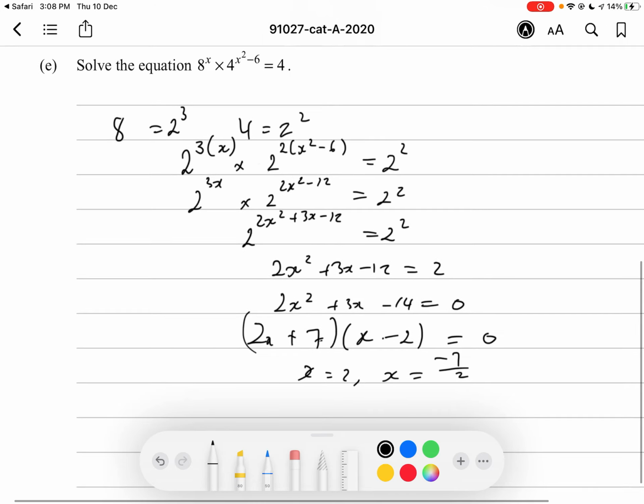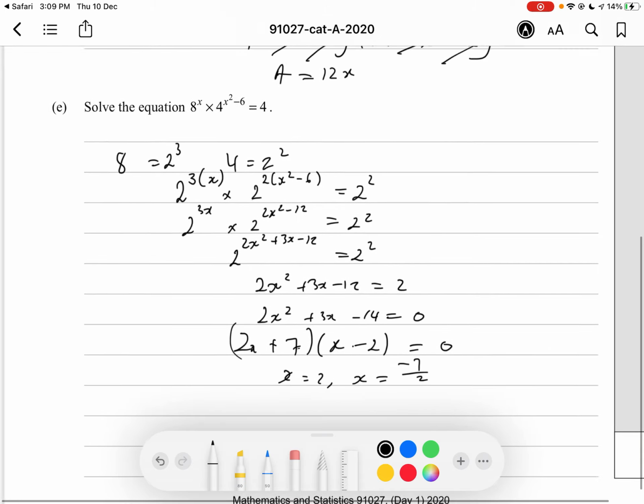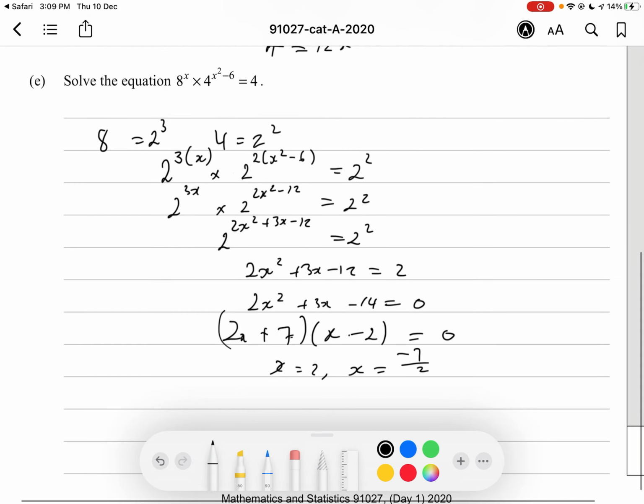Seems right. Okay, so x equals 2 and x equals -7 over 2. Okay, that seems right. We just need to double check our answers. So if we have 8 to the power of 2 is 64. So 64